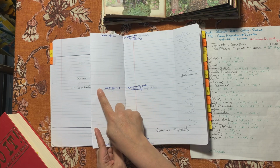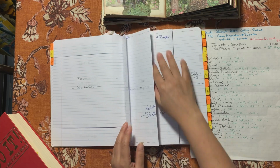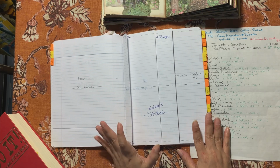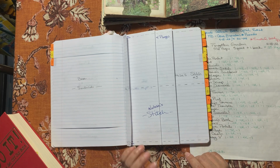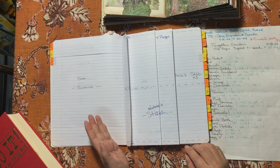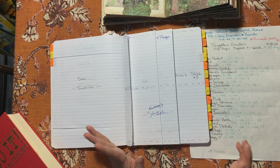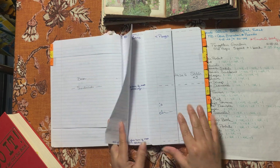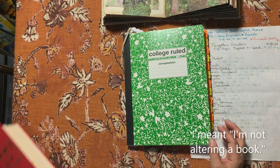So if I'm gluing, I'm adding the glue here, adding it here. It's like, okay, now I remember. Now, we're just folding. I didn't glue anything yet. I glued after I decorated my pages, then I glued what I needed to glue. That's your step. Since I'm not making a page, what I'm gonna do is,